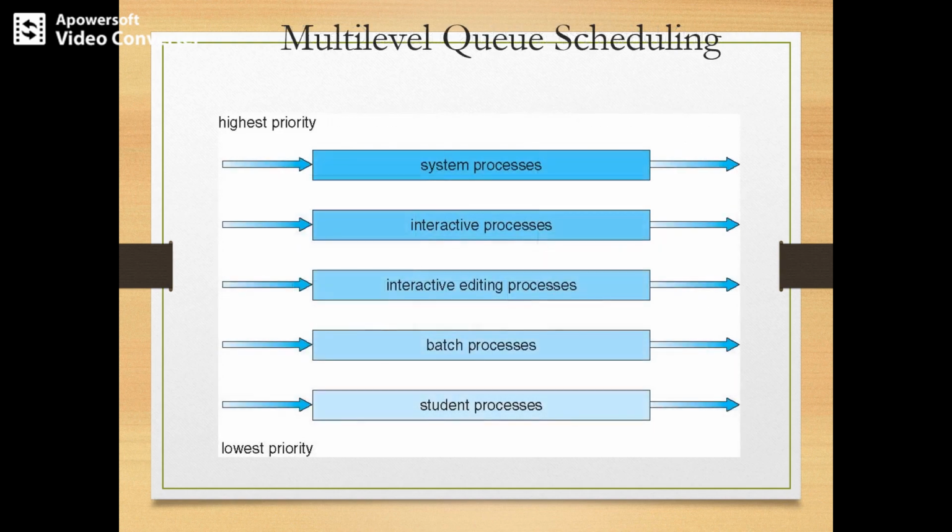Another class of scheduling algorithm is multi-level queue scheduling. Multi-level queue is not a separate scheduling algorithm, but it works in conjunction with several CPU scheduling algorithms. One type of multi-level queue is priority based. The system consists of two types of processes or jobs, interactive and batch usually. Interactive jobs are shorter and batch jobs are longer.